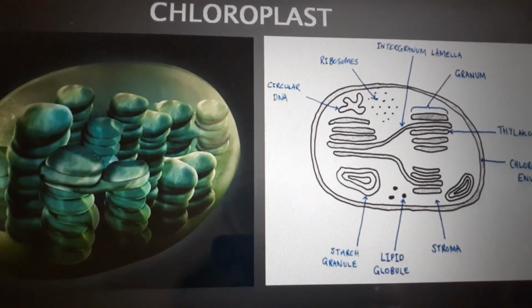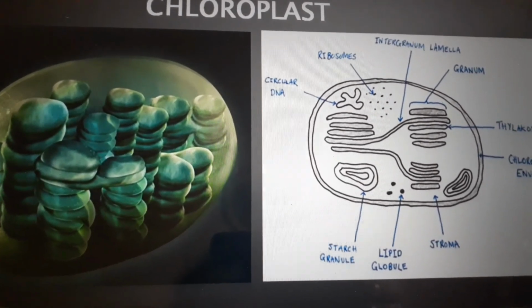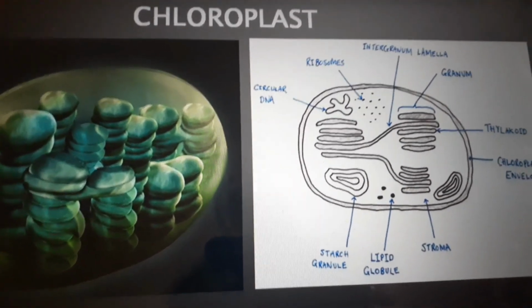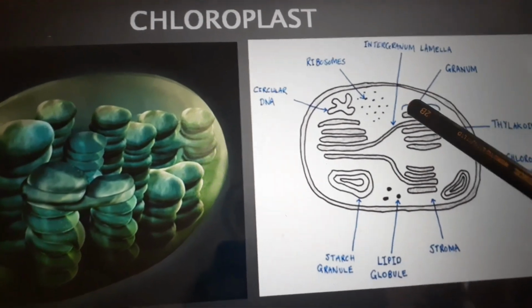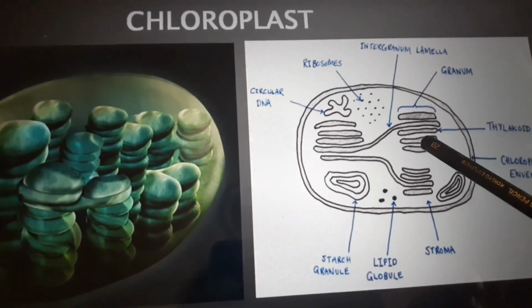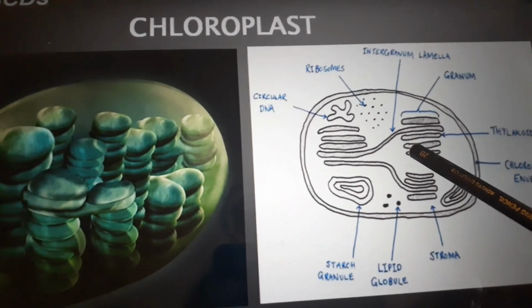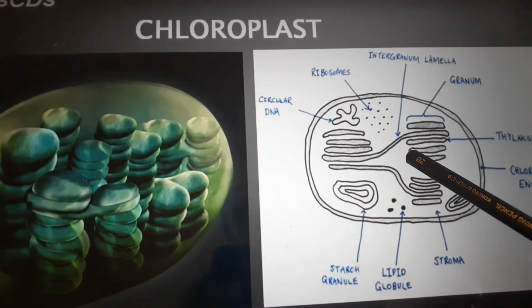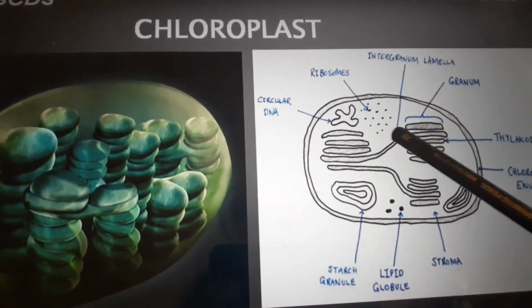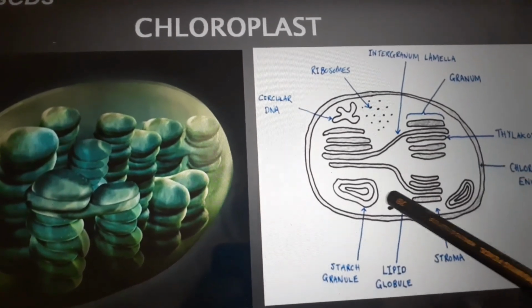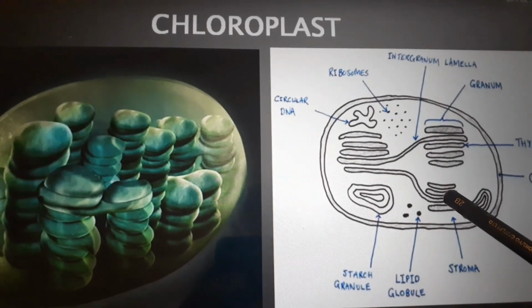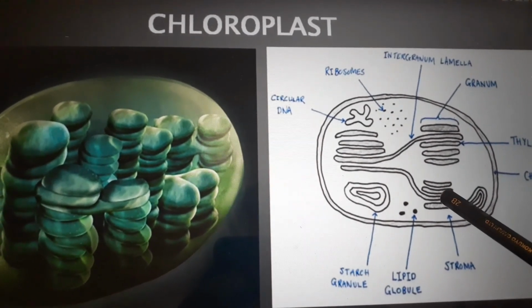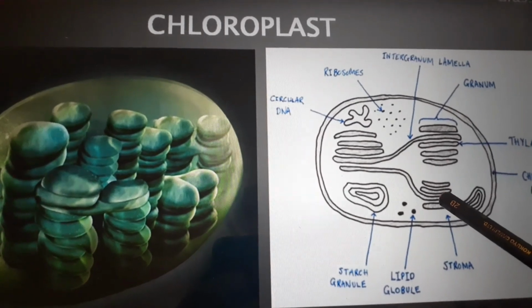The chloroplast is made up of a double membranous structure and is a round body. Internally, the stacked sac-like structures are called grana. This is the site for trapping of sunlight. In the middle, the intermediary fluid-filled portion is called the stroma, and it is responsible for enzymatic reactions and for synthesizing the glucose.